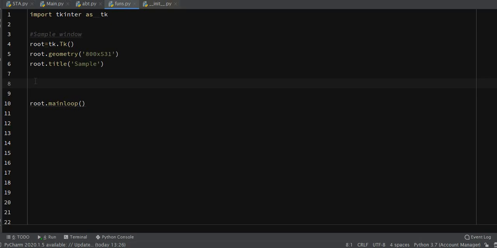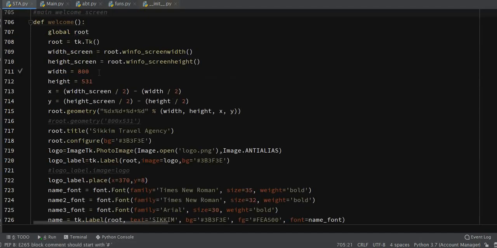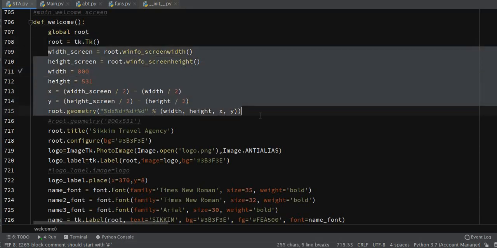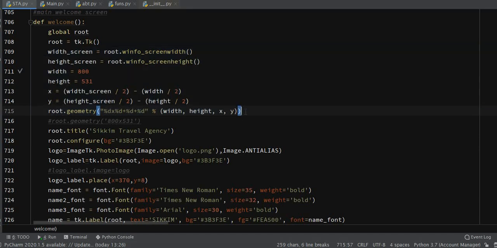Just to give you a very brief idea about the buttons, how we're gonna place them and all that, we will cover that in our code only. Okay, so I'm sure you get the idea of using this root again. Then this thing is again optional. It's just that when you run this code, sometimes your window opens in a specific position on your screen that you also don't know. To specify that every time I run, I've used this code here.